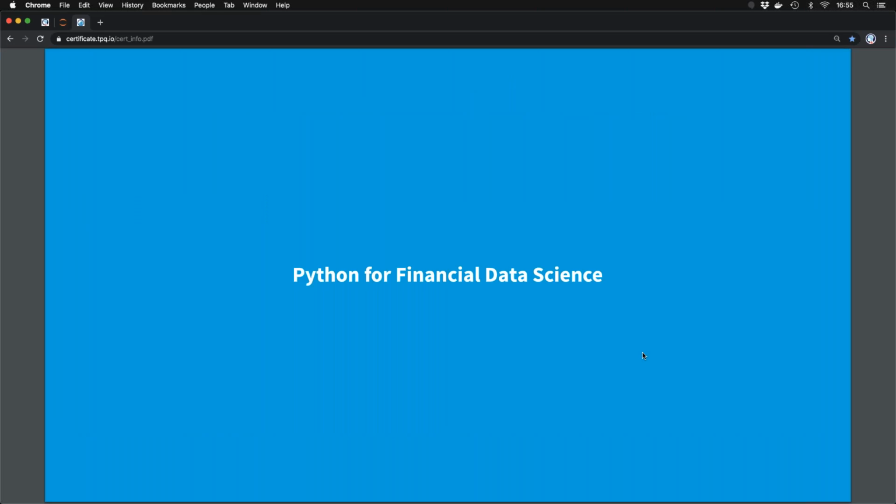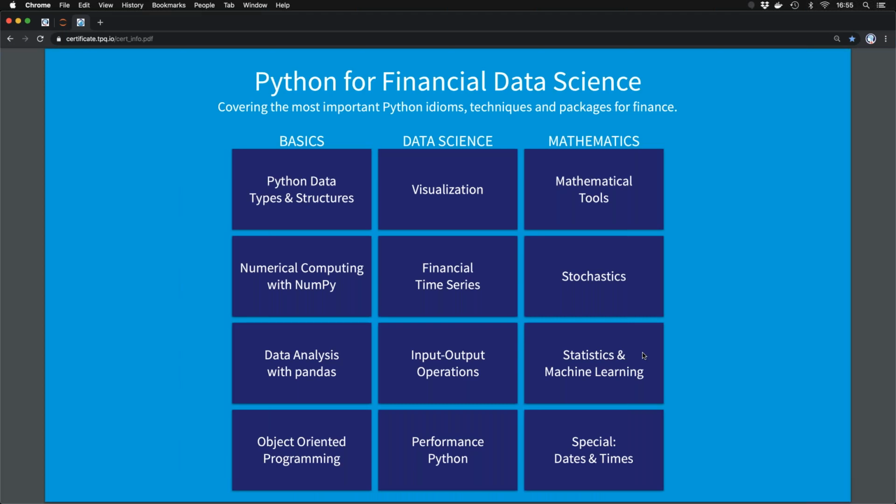Then we have Python for financial data science. I think this is probably the route where most people come to Python to do some form of data science, and in our industry, some form of financial data science. And this is based on my book, Python for Finance, second edition. You have the latest version, so to say. I think the third or even fourth reprint of the book is now in the making, and we have had a few errata in between. They're all included in the manuscript.